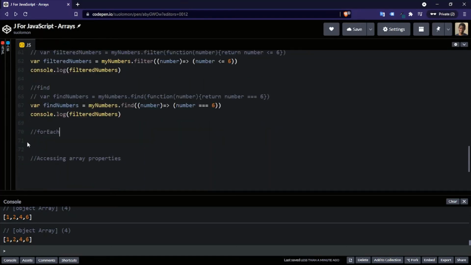Now the forEach is quite different from find, filter, or map because it doesn't need you to declare variables, and doesn't need any return statement. All you have to do is give it a condition, kind of similar to a for loop, but a better way to iterate through our arrays. Using the same array above,